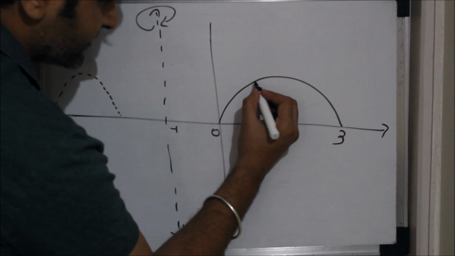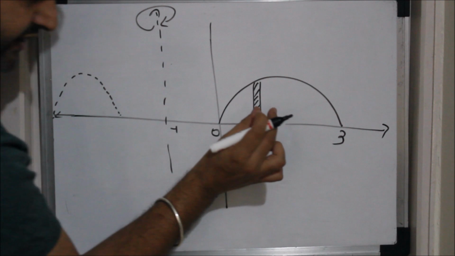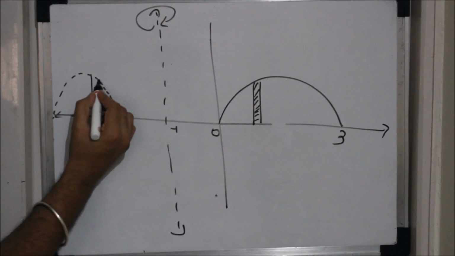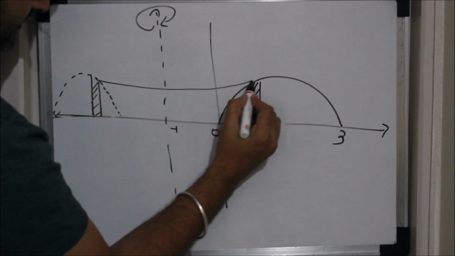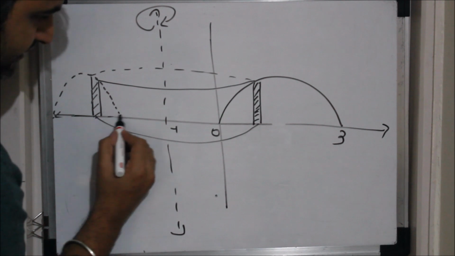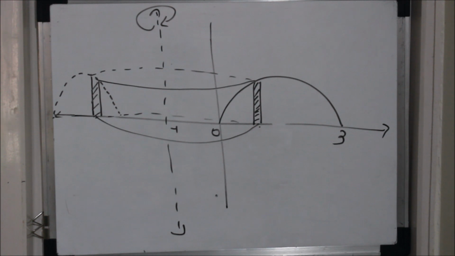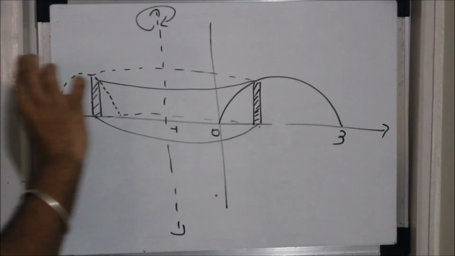Now if I take this strip over here, and revolve this strip along the line x equal to minus 1, this image will come over here, and I get something like this. If you observe, this is nothing but a small cylinder-like thing. This is the small shell I get, or you can say the small cylinder. That's why this is called the cylindrical method, because when I revolve this strip along this line, I get this small cylinder.